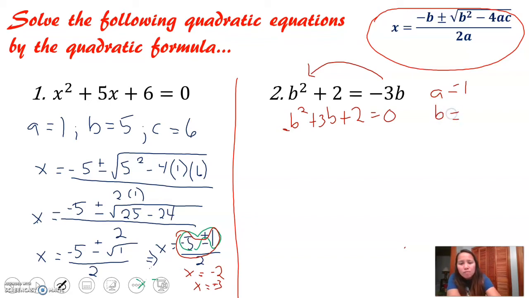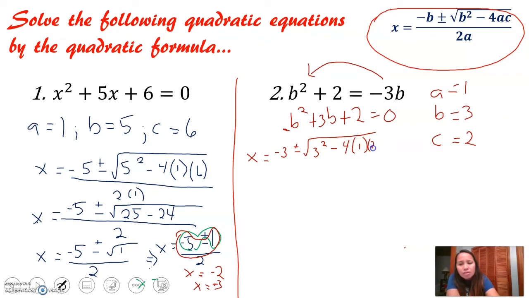My b coefficient is the one beside the b term. That's going to be 3. And c is +2. I'm going to apply it to my quadratic formula. That's going to be -3 plus minus. My b is 3, so I'm going to put 3 squared minus 4 times a, which is